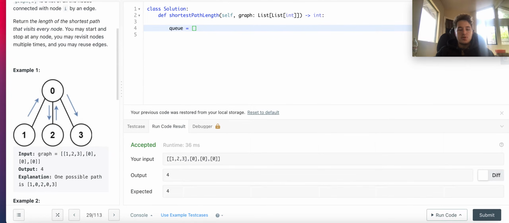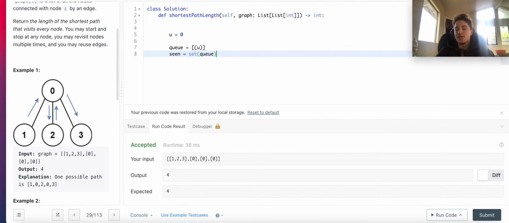So if you had a BFS with a queue, let's say the node you start out with is U and it equals 0. You start off with this queue where U is inside of it, and then you have a seen array or seen set, which just tells you if you've seen something before. If you've seen it before, you don't traverse it again. And then how does BFS work? Well, while there's something in the queue,